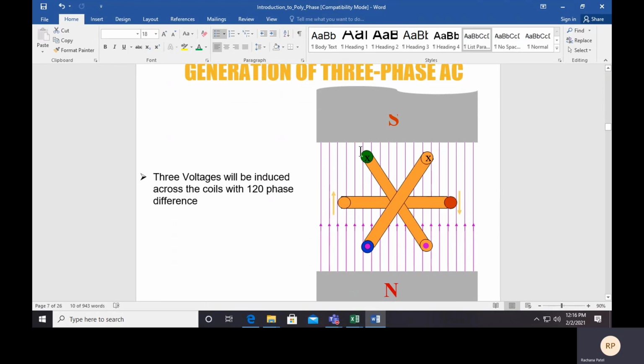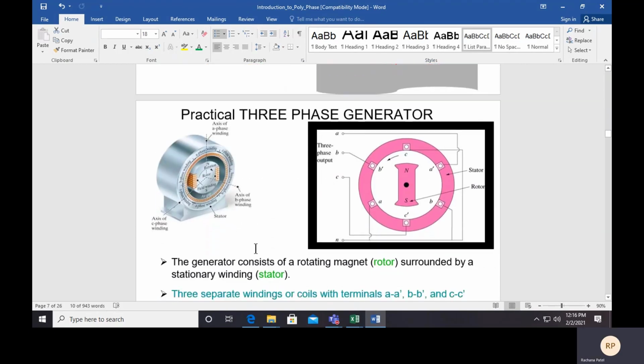The same concept is also applicable for three phase. The change is only one: in place of one coil, we will use three coils, and as per our discussion, they are 120 degrees apart. It means if we want to design any machine which can generate three-phase supply, we have to make an arrangement like this: presence of field, presence of conductor, and obviously we need to provide relative motion between them. So let's consider this. Now, with all the arrangement, the machine is ready for generation of three-phase AC voltage.